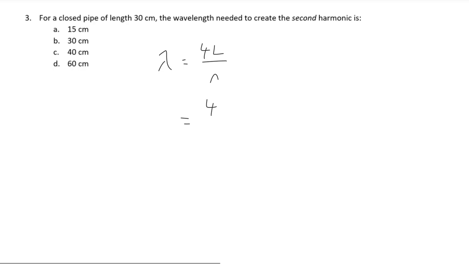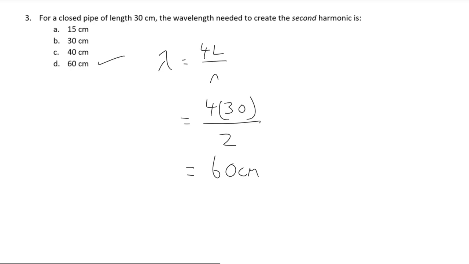Therefore, lambda is equal to 4 multiplied by the length of the pipe, which in this case is 30. I'm not converting this to meters because we also want our answer in centimeters, so I can simply leave this as 30 divided by the harmonic number n, which in this case is 2. We are told that we are looking for the second harmonic. Working this out, we get that the wavelength of the standing wave is 60 centimeters. Therefore, the correct answer is